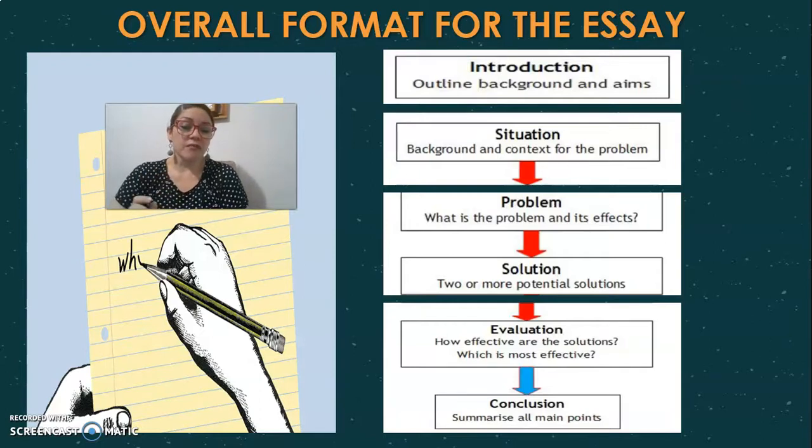The effectiveness of the solution given and which is most effective. Remember, we might have Alternative 1, 2, and 3. Chances are that solution number 1 is the most effective one because solution number 2 and number 3 depend on outer factors. You have to be consistent and you have to show why.